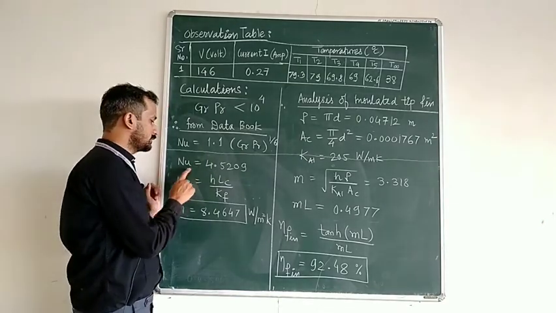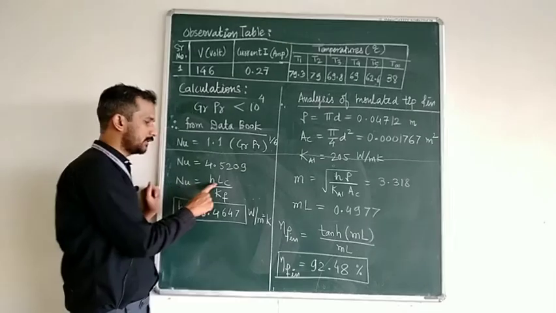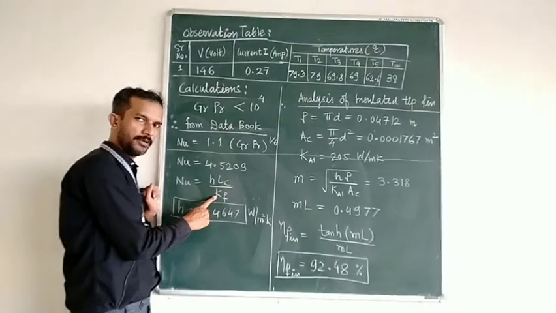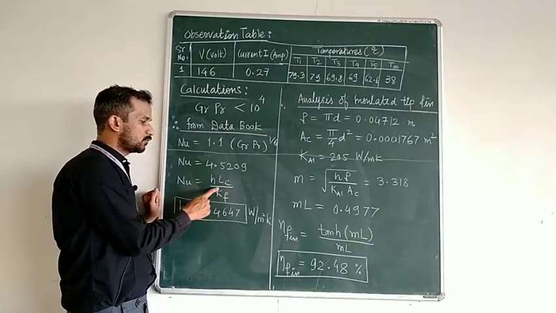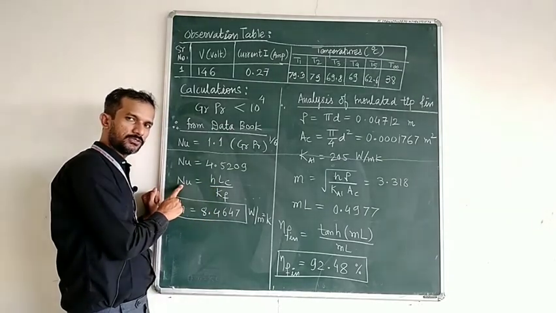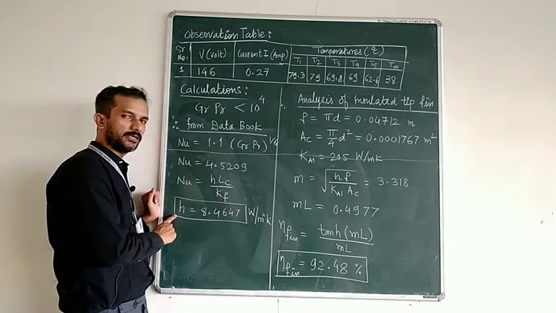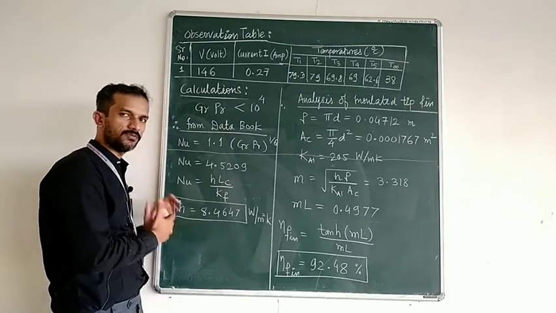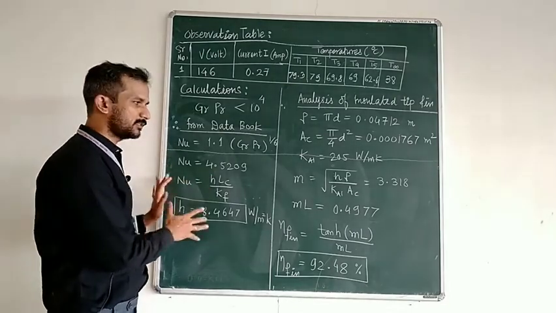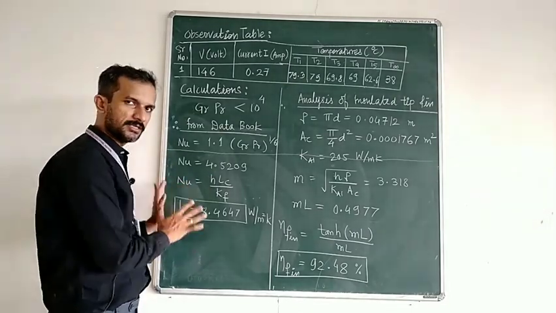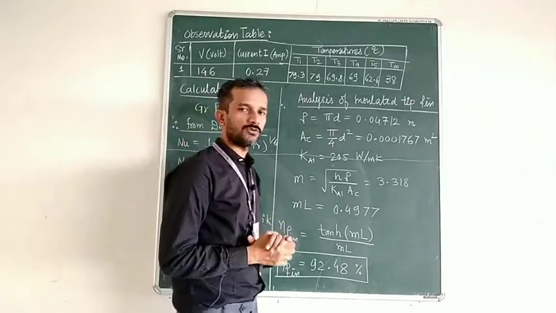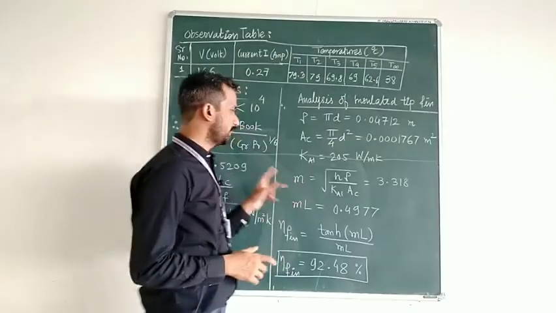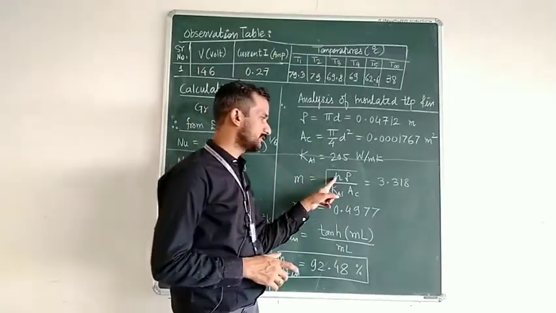Using this Nusselt number, we know the formula h Lc upon k, where the characteristic length is the diameter of the fin and k is the conductivity of the fluid, air. If these two values are known, and the Nusselt number is also known, put this value and you will get the heat transfer coefficient over the surface of the fin. Once we get the heat transfer coefficient over the surface of the fin, the convection analysis is over. Convection is done. Now we will go for the analysis of the fin. In the analysis of the fin, we need the heat transfer coefficient. That is why we did all this. Now we have got this h.